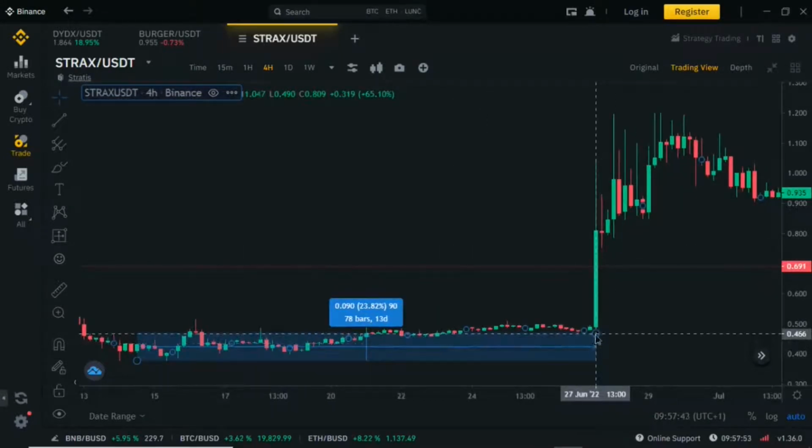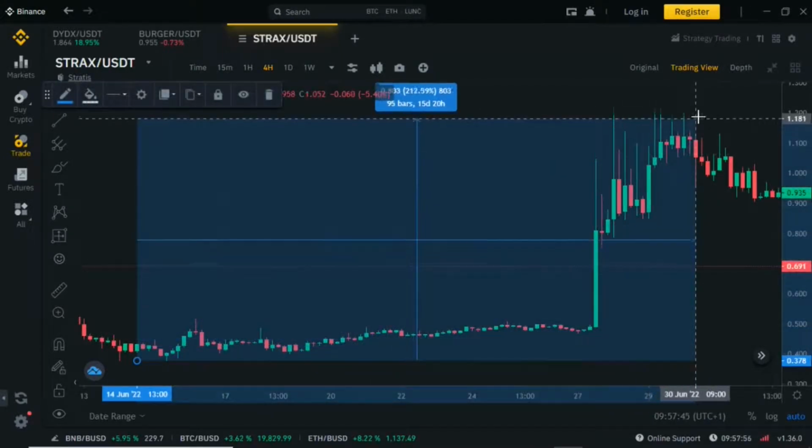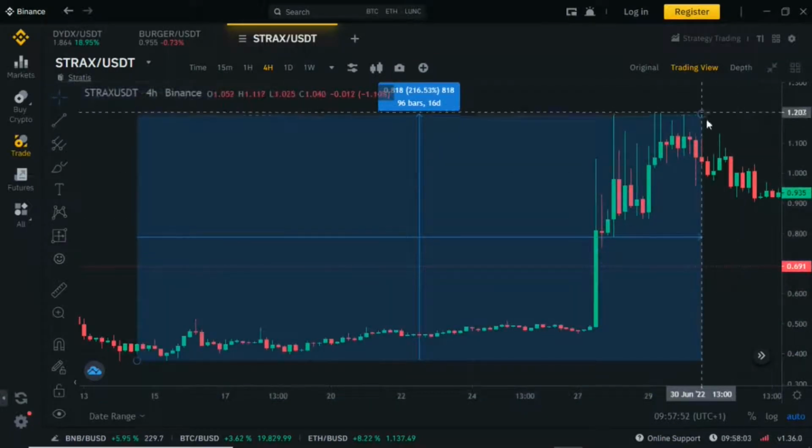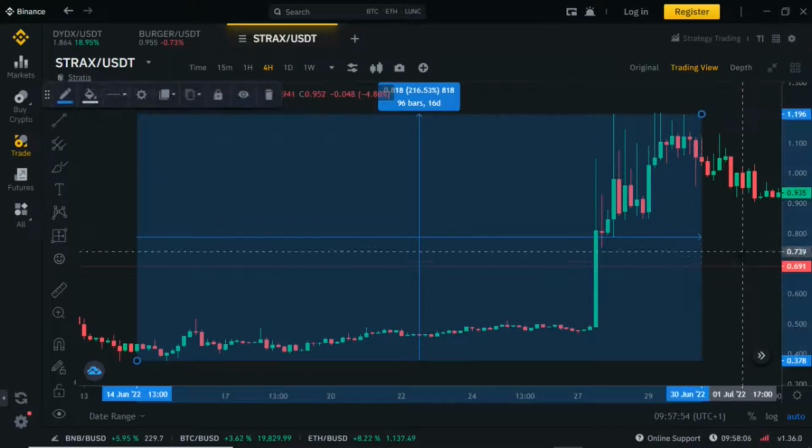And finally, it bounced up by approximately 216% at the highest price of the bullish trend, which is